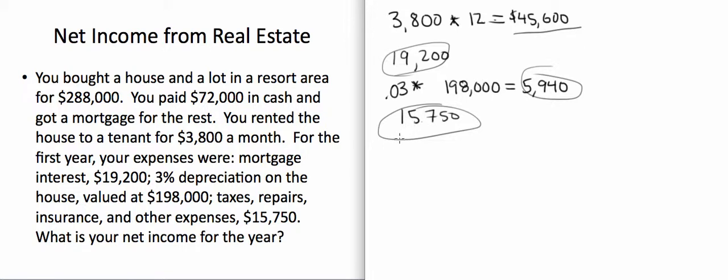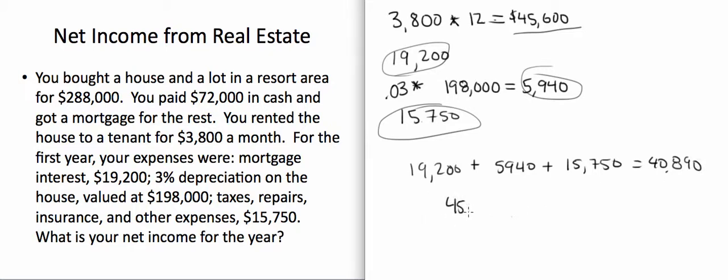Okay. So what you're going to do is you're going to add these three values that I have circled. So 19,200 plus 5,940 plus 15,750, and that's equal to 40,890. Okay, so that equals 40,890. And so then from here we're going to take 45,600, the amount that we made, minus how much we spent,